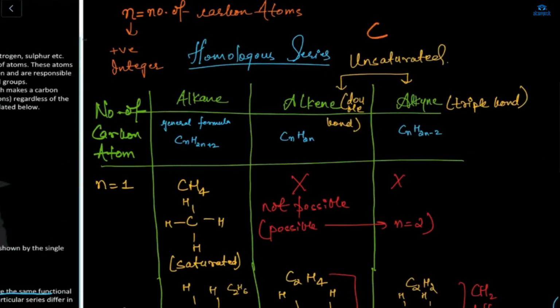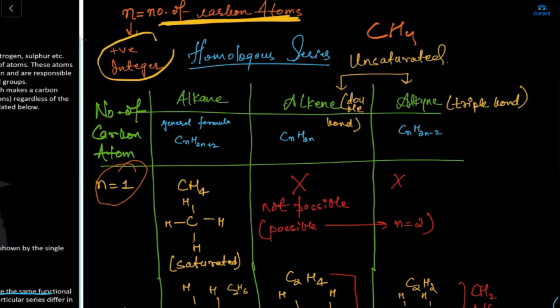What is, like, if I'm writing CH4? Okay. Here, if n is equal to 1, so what is n? n is actually the number of your carbon atoms, which are positive integers. We will never see n equal to -1. No, we will never write like this. We will always write n is equal to 1, 2, 3, positive integers. ठीक है, जो पॉजिटिव से होकर एकदम इन्फिनाइट तक जाए वो होते हैं n की वैल्यू। तो यहाँ पे डिस्कस करेंगे व्हाट इज होमोलॉगस सीरीज।